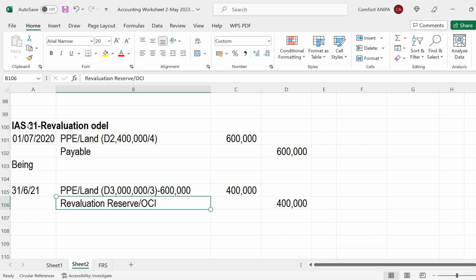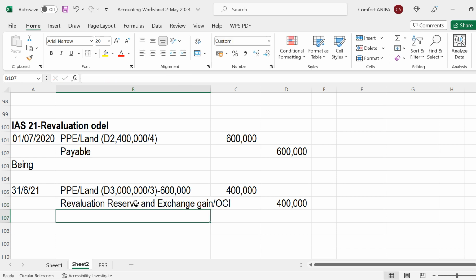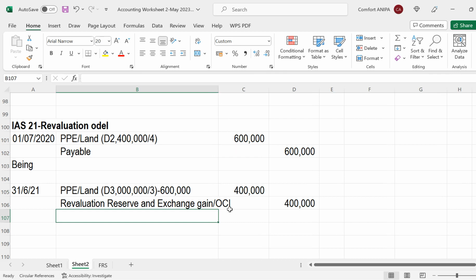Please, let's take note that it is both revaluation reserve and exchange gain. But what is important to note is they will both be recognized in OCI. So normally we don't try to separate them. They will both be in OCI. But if you want to know how to separate it, how much is revaluation reserve and how much is exchange gain,